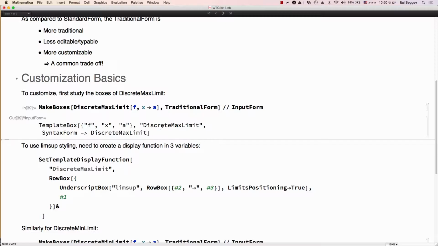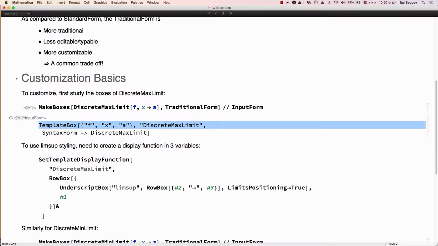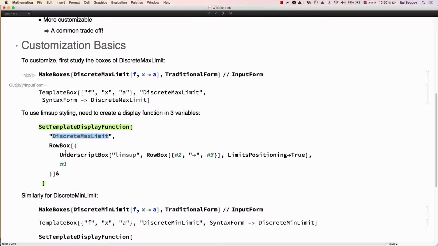And we see that it creates a template box called discrete limit. Then you have the arguments, and you notice, or at least pieces of the arguments appearing in different slots here in the list. And these positions in the list are things you need to reference when you create the display function. So I'm going to create a new style called discrete max limit, and